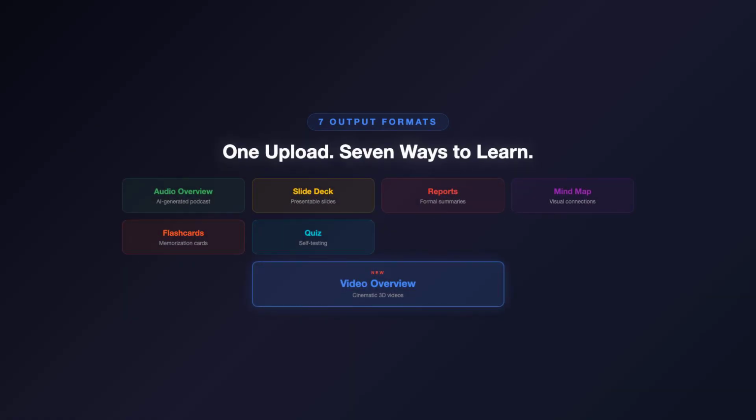NotebookLM already had audio overviews, the feature that went viral last year for generating surprisingly natural podcasts from your documents. Two AI hosts discussing your research like it is the most interesting thing they have ever read. That feature alone got millions of users. Now Google has added 6 more output formats: slide decks, reports, mind maps, flashcards, quizzes, and the big one, video